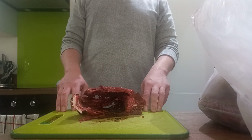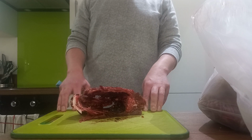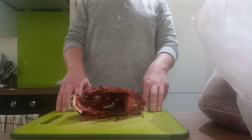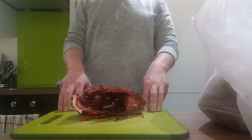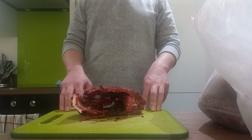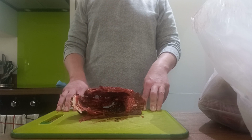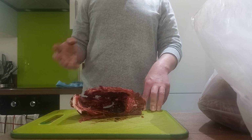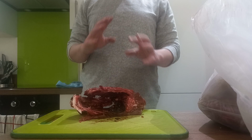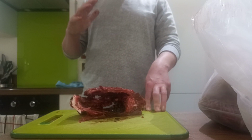So I've been feeding raw to my dogs for probably 10, 12 years. And the reason I changed is I had a dog, and at the time I was feeding them on a complete biscuit, and she was not holding weight well. So I decided to change it up. I decided to change to raw, and on raw she completely changed,